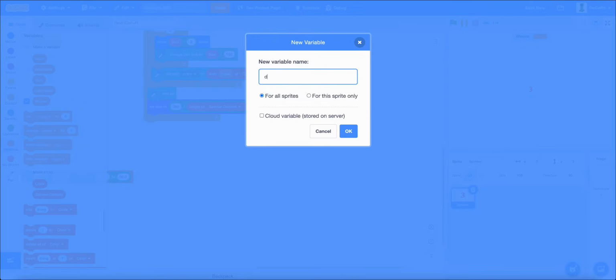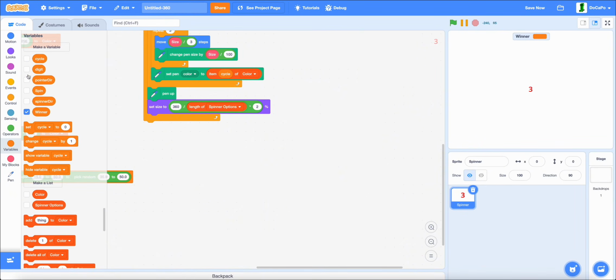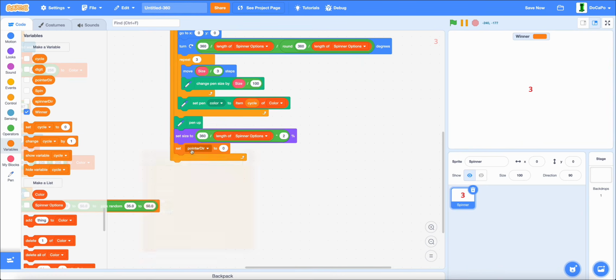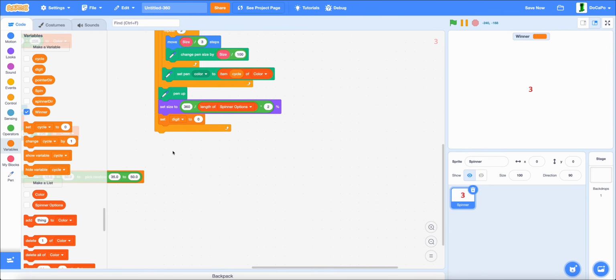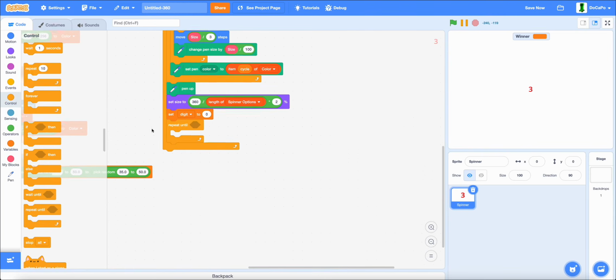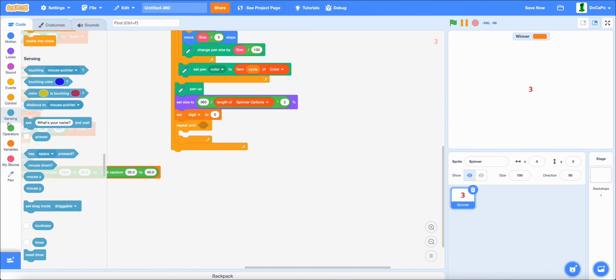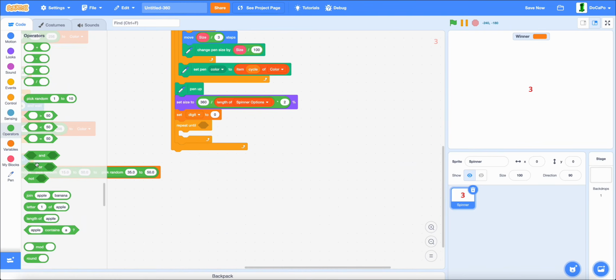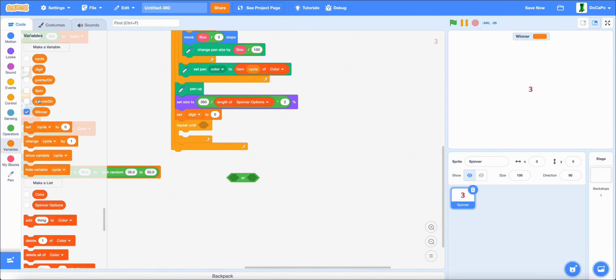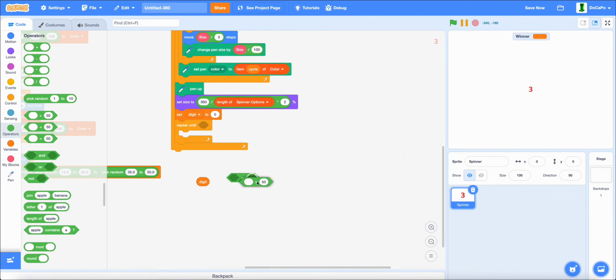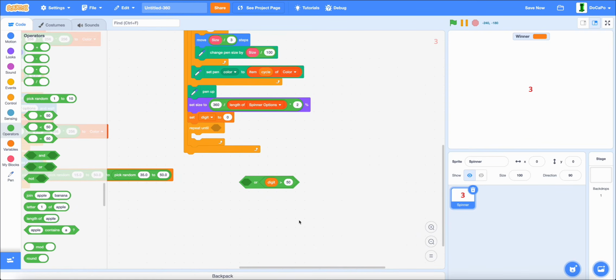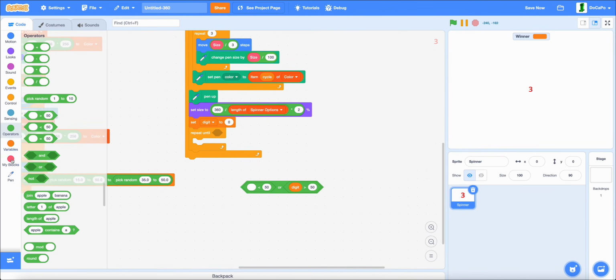Then create a new variable called digit for the sprite only, and set digit to 0, and repeat until, and then we have an or, and then digit, and on the right, digit greater than 50, or, and then a less than, size